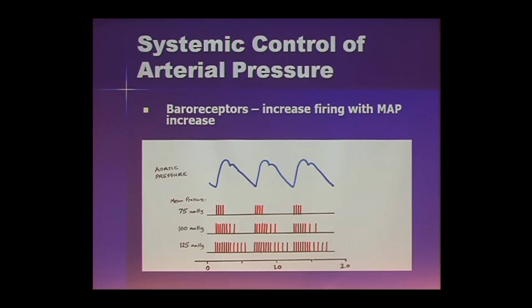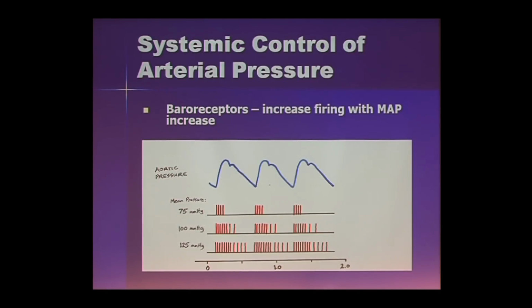So this is aortic pressure going up and down, as we have seen it before. These are 3 cycles. And these are 3 different mean arterial pressures. And these little red lines are compressed action potentials that are occurring in these nerves that are reporting to the brain what's happening from mean arterial pressure. So 75 millimeters of mercury. If you recorded it and connected it to a speaker, you could record something that sounds like the pressure, mean arterial pressure increases to 100 millimeters of mercury. Or